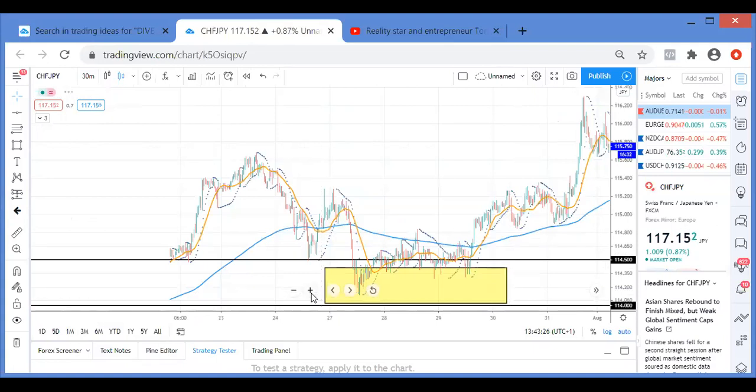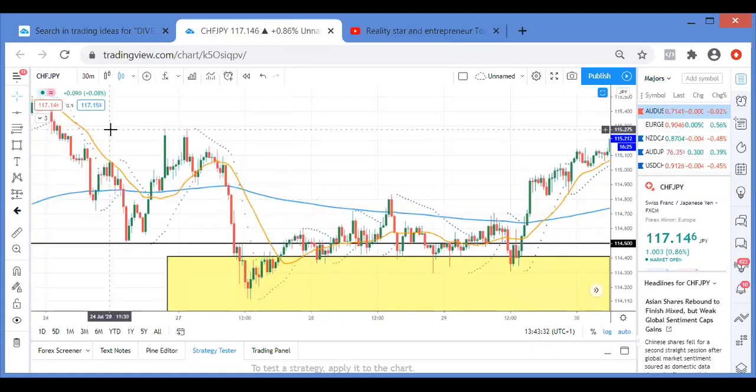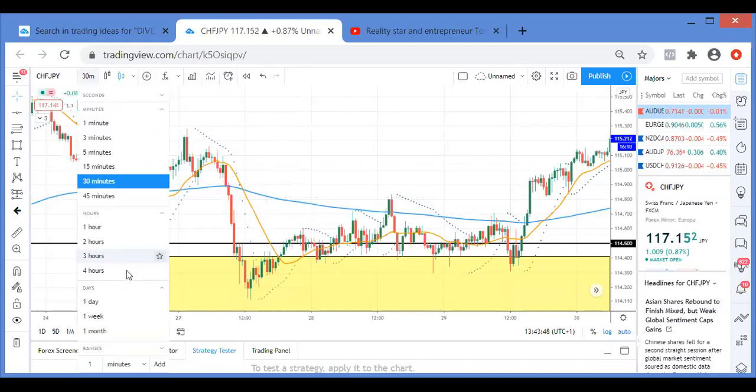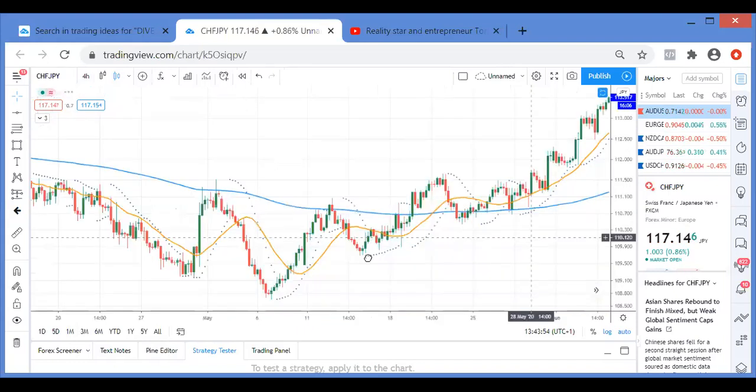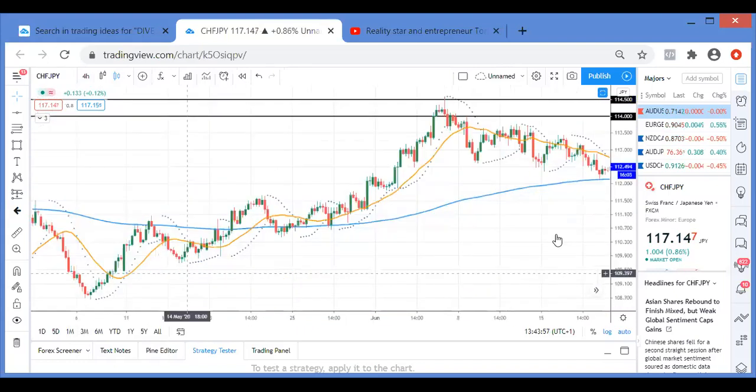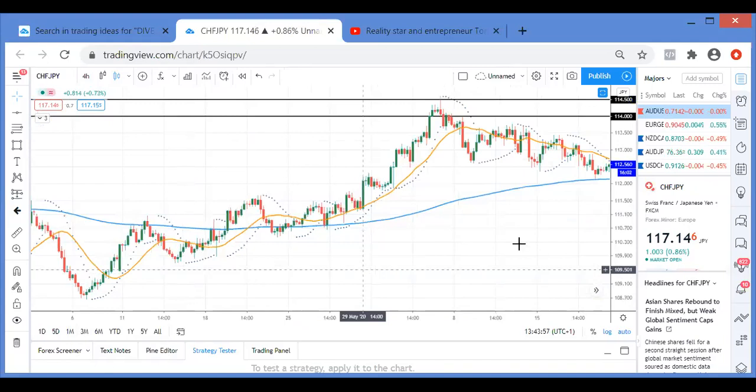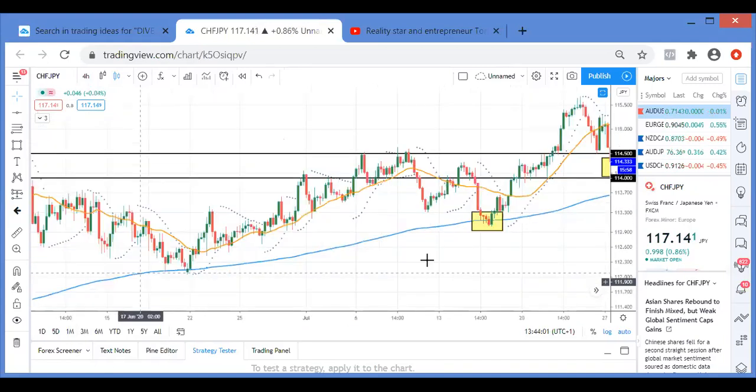And guys, remember, we're not paying attention to the 200 moving average on the lower time frame. Only the time frame where we spot the hidden divergence. Do you understand? So even though we've gone down to the 30 and it's below the 200, we don't care about this, because on the 4 hour, it's above. But remember, the time frame where you spot your hidden divergence is the time frame your markup is on.